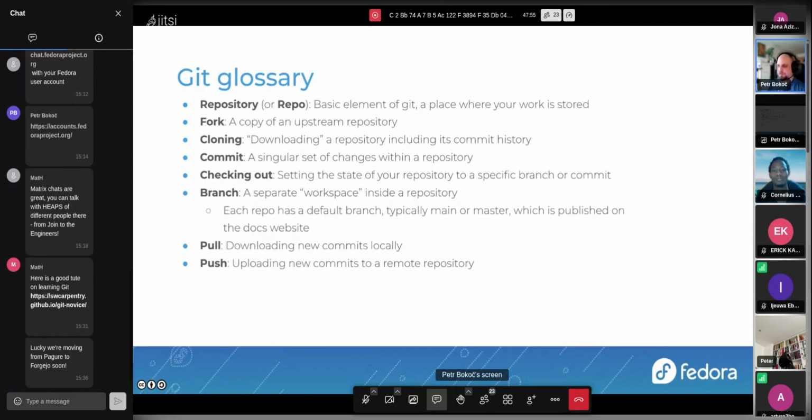You just open the repository in Pagure or GitLab or wherever else and click fork, and that's pretty much it. Then you clone your forked repository, which essentially means downloading it locally, so you can actually work on it, make changes. After you make some changes, you'll create a commit or multiple commits,